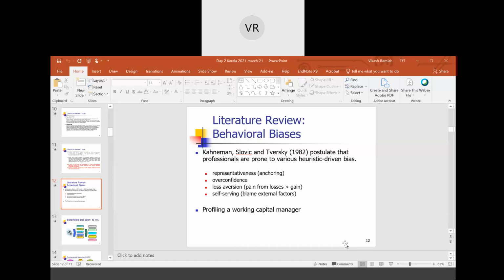And now, where do we start? Again, we go back to the literature. Literature tells us that finance people have four main biases. The first one is representativeness bias. And this is where